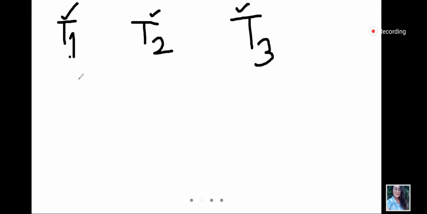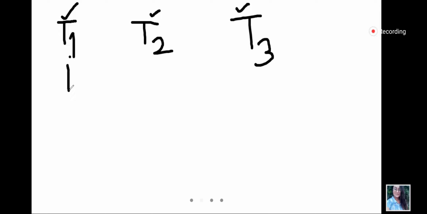So there are 3 tasks actually happening at a time. Now what will happen here? My computer has one processor only, and that one processor is processing all the 3 tasks together. As a user, I can see that I am doing 3 tasks together, but in the computer the 3 tasks are not actually running at a time. The computer is not performing all these tasks together. What the computer is actually doing is dividing the processing time, dividing all its resources to one particular program or one particular task at a particular time.